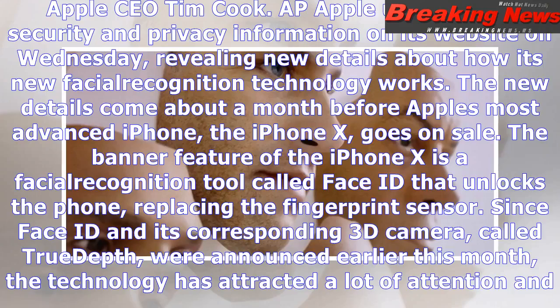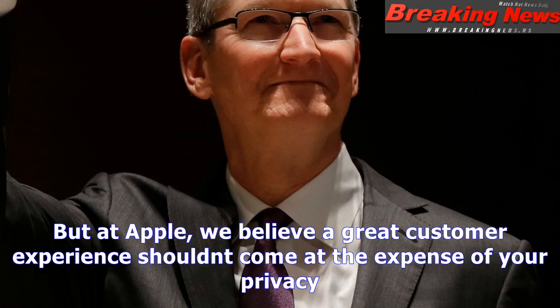Apple CEO Tim Cook. Apple updated the security and privacy information on its website on Wednesday, revealing new details about how its new facial recognition technology works. The new details come about a month before Apple's most advanced iPhone, the iPhone X, goes on sale. The banner feature of the iPhone X is a facial recognition tool called Face ID that unlocks the phone, replacing